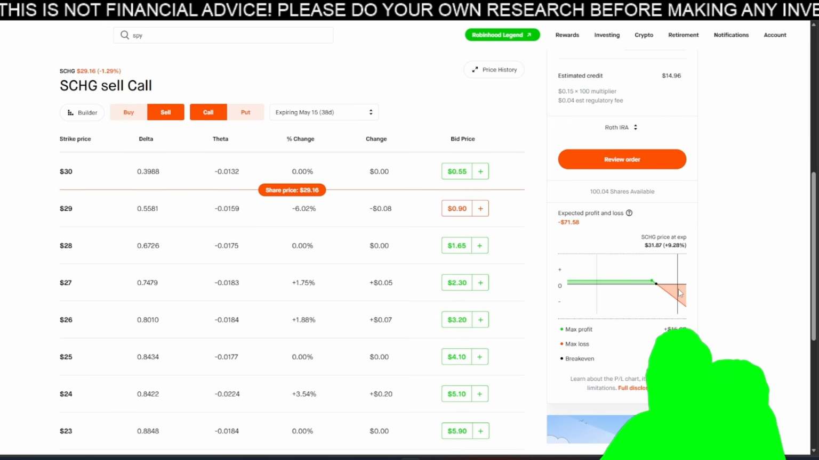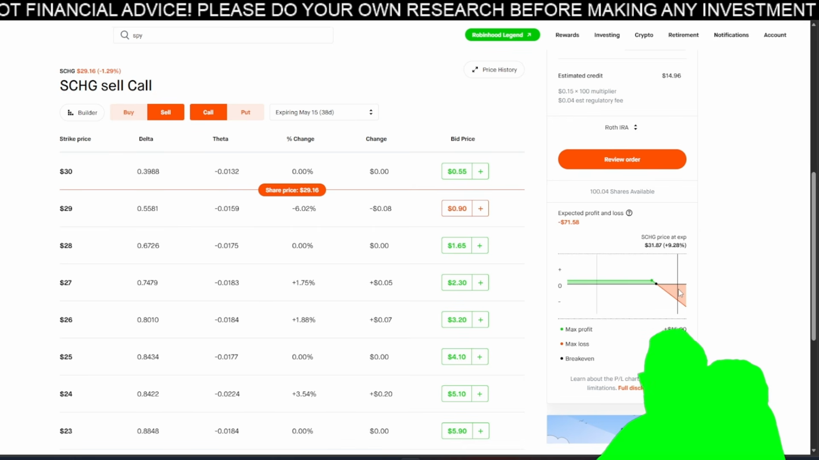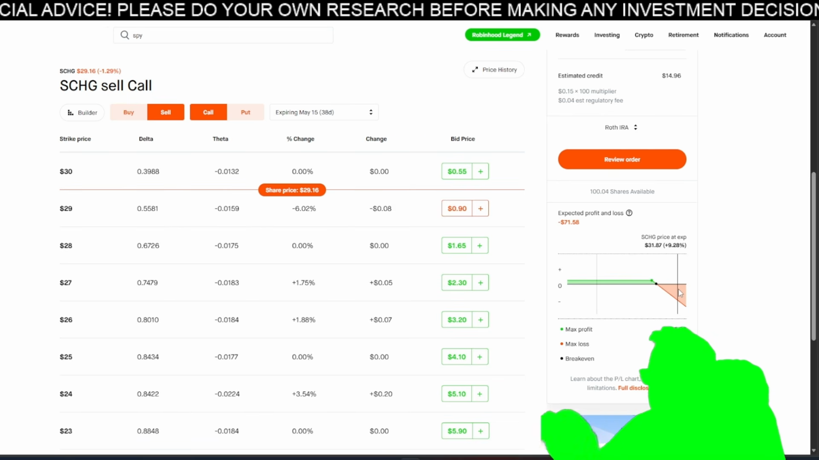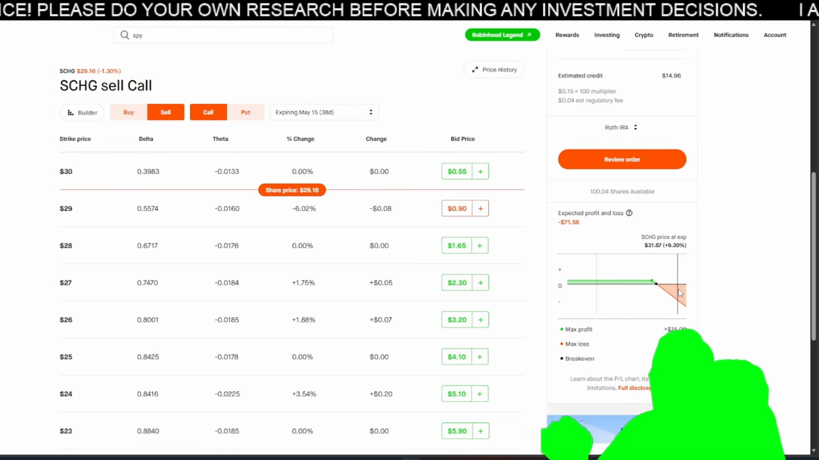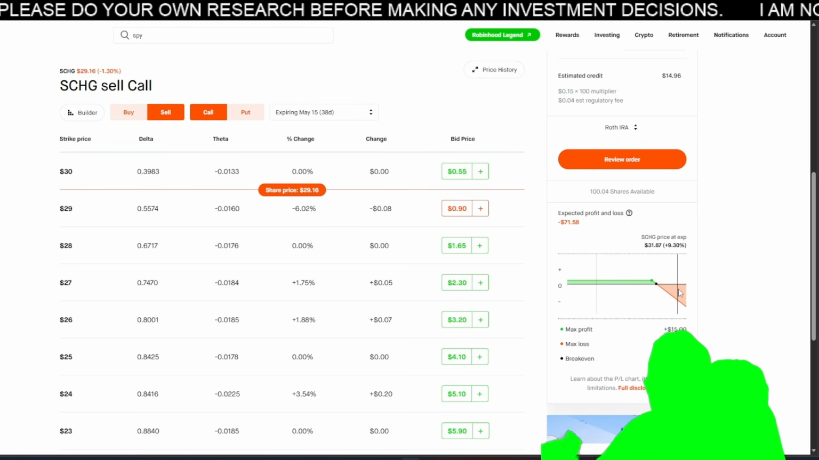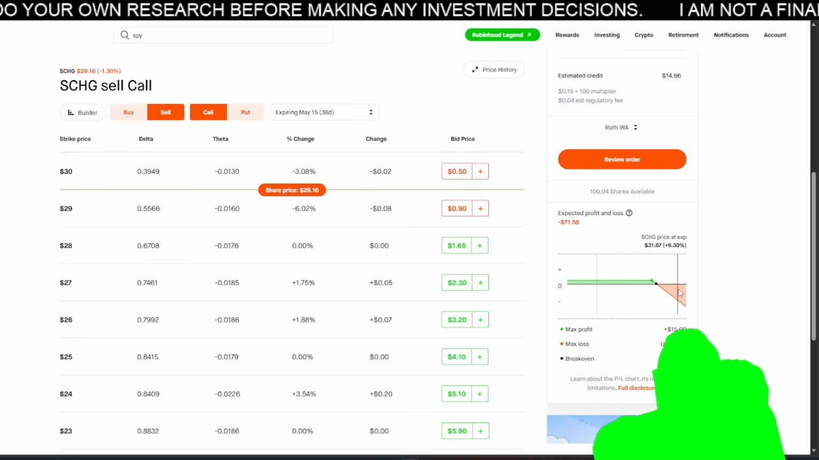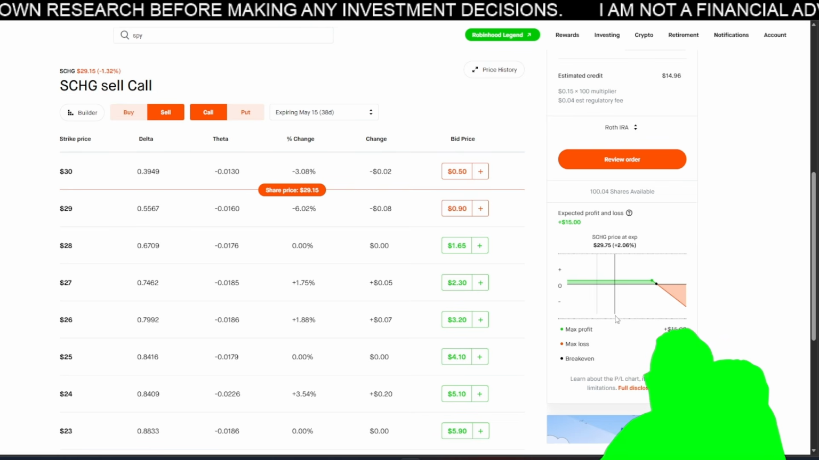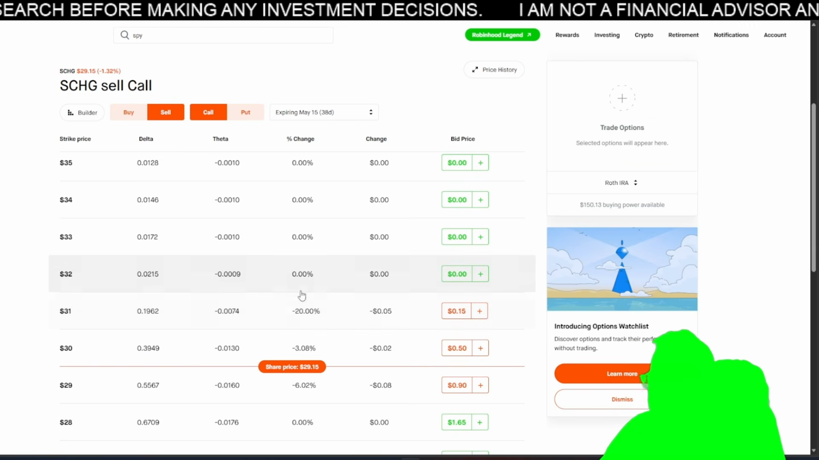If SCHD moons and it goes to like $33, $34, we get some announcement that comes out where the Middle East conflict is resolved and all that kind of jazz, I'm still going to be forced to sell at $31, which I don't want to do. If it goes to $32, $33, I'm missing out on potential profits there, right? So you want to make sure you're picking a strike price that you are comfortable with, right? You're comfortable with getting rid of the shares at $31. For me, I'm not. I'd rather hold it for a little bit longer and maybe go up to like 32-ish,